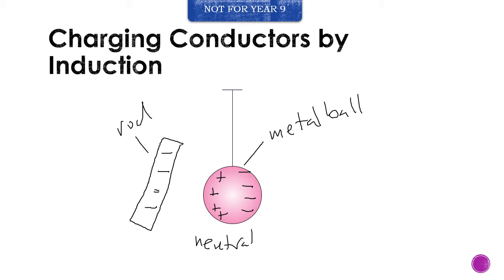In order to force the ball to become charged, you need to make it lose these electrons or make it gain more electrons. But in this case, we're losing because the rod is repelling electrons. What we're going to do now is we're going to connect this metal ball with a wire, just a metal wire. We call this technique the earth or the ground wire, or grounding. Basically, all that we'd say is that we're connecting it to another conductor that has a lot of free moving electrons. So when you touch it to the earth or the ground, basically with another piece of metal or something,